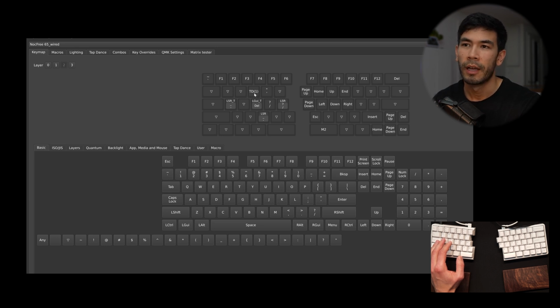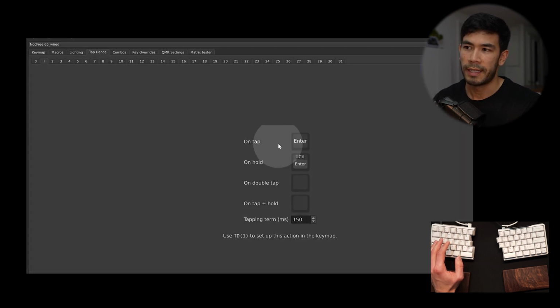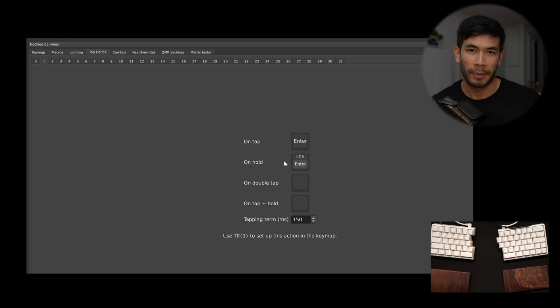Well, what is TD1? Well, that's tap dance 1. So let's go to tap dance 1. On tap, it's going to hit enter just as usual, like what I wanted originally. But if I hold the modifier key and I hold the E, it's actually going to send control enter. And what's really great about this is that in some applications, let's say